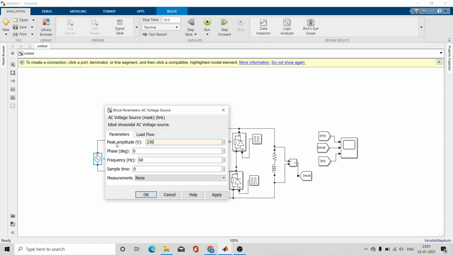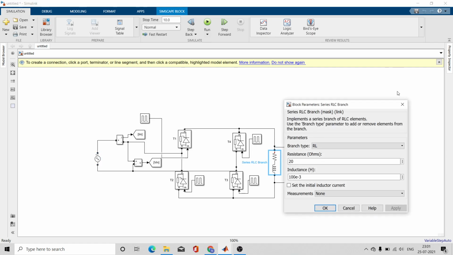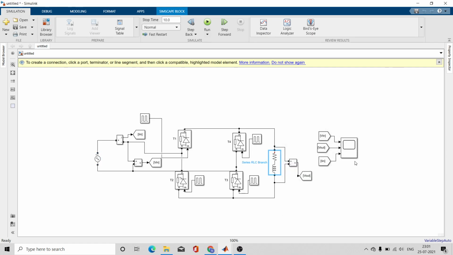Peak voltage is the RMS value into root 2, VM into square root of 2, SQRT 2, and frequency is 50 Hertz in our India. Okay, so I hope everything is connected over here. Yes, right. And now let us simulate this one. So run.